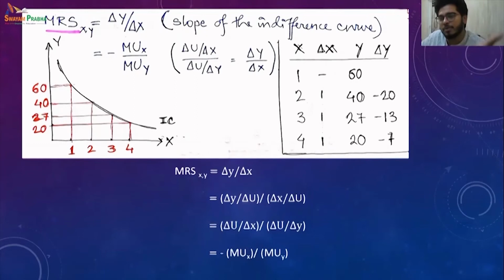Same thing we can observe in that right panel: when we are increasing one extra unit of X, my rate of sacrificing Y, the exchange rate of Y, decreases. So -20, -13, -7. Now, why is it decreasing? That is basically because when I am having more of X, I am having very little Y. I started with 60 of Y and 1 of X. So I have too many of Y.